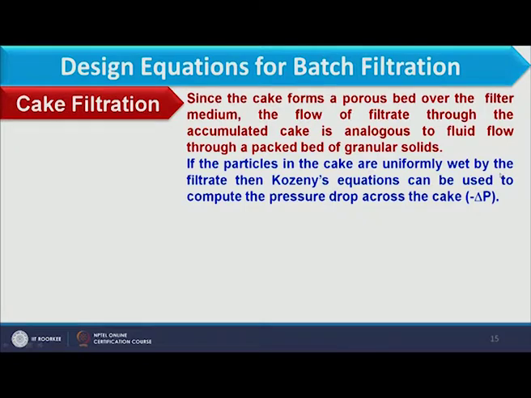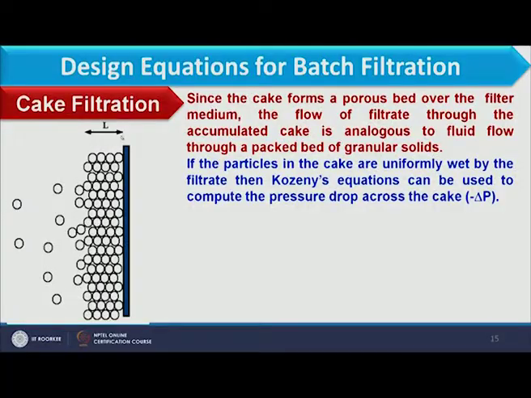So, if the particles in cake are uniformly wet by filtrate, then Kozeny's equation can be used to calculate the pressure drop across the cake, because here we have assumed that bed is completely wetted with the liquid. So, we can use Kozeny's equation. Here you see this is the media, and the total thickness of the media is L. Solids are deposited over this media, and through these voidages the liquid flows, and therefore it can be considered as packed bed. So, Kozeny's equation for this case is